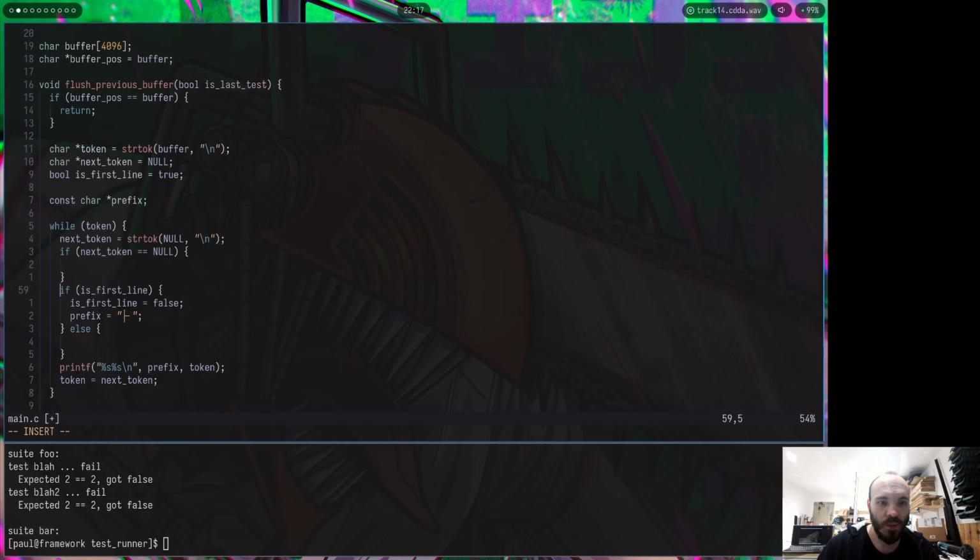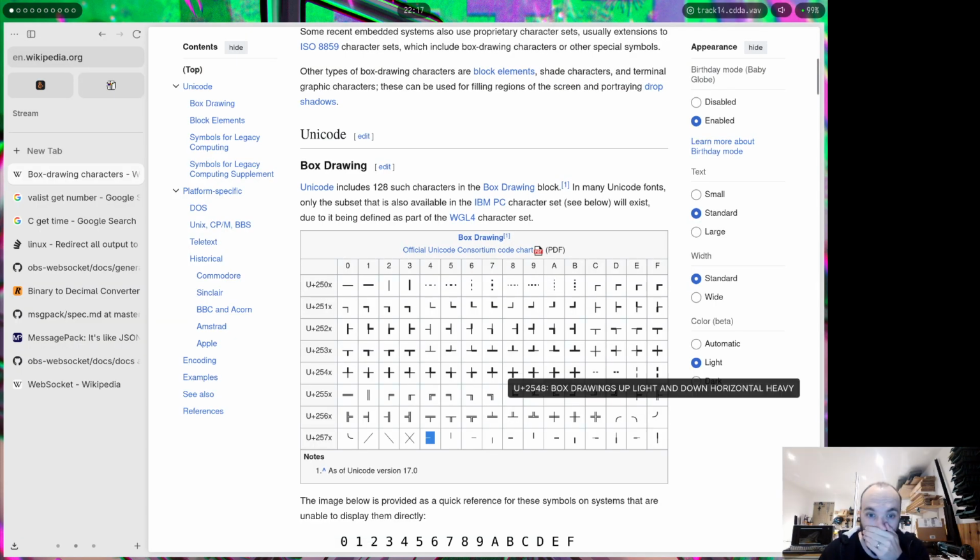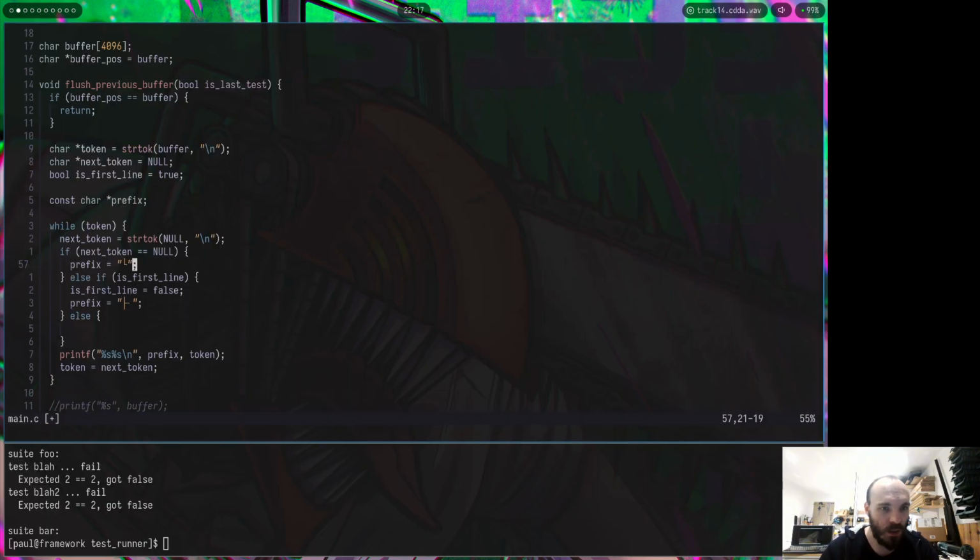and then I can do else. There you go. So if the next token is null, the prefix is going to be the little elbow one, right? And this is what's going to be odd because, yeah, I need to figure out. I need to try it, see how it looks like, and then change it, because I'm just trying to render it in my head, and I'm like, I'm not liking how it looks like, and we'll see after that. So if it's like the last test, and so that's the thing I need to do. If